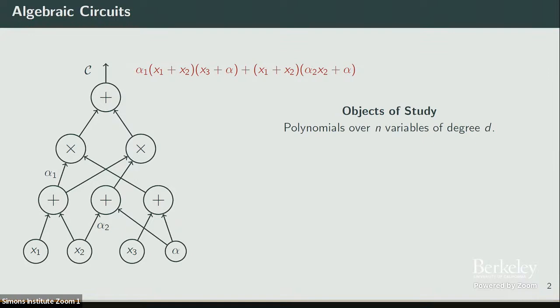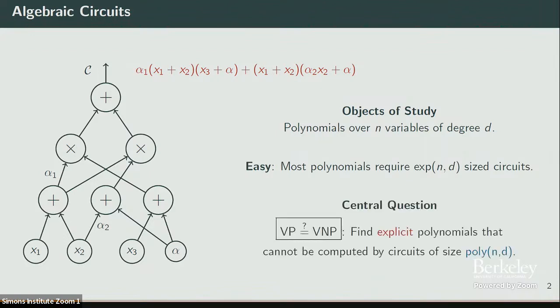The objects of study in this field are polynomials over n variables, in general of degree d, and as in most complexity theory fields, we want to give lower bounds on the size of the smallest circuit computing some explicit polynomials. Again, as usual, it is easy to see that most polynomials require really large size circuits. This comes just via counting arguments. And what we want to show is that